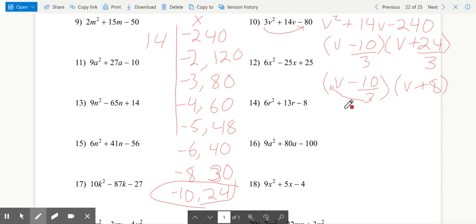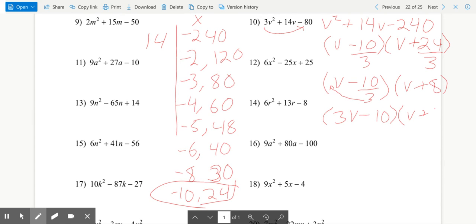They'll at least simplify some. Either one side will simplify completely like this and the other side won't simplify at all, or they'll both simplify partially. Those are the two possibilities of what might happen. But once you've simplified, if it doesn't simplify any further, that denominator is going to come up in front. So we end up with 3v minus 10,